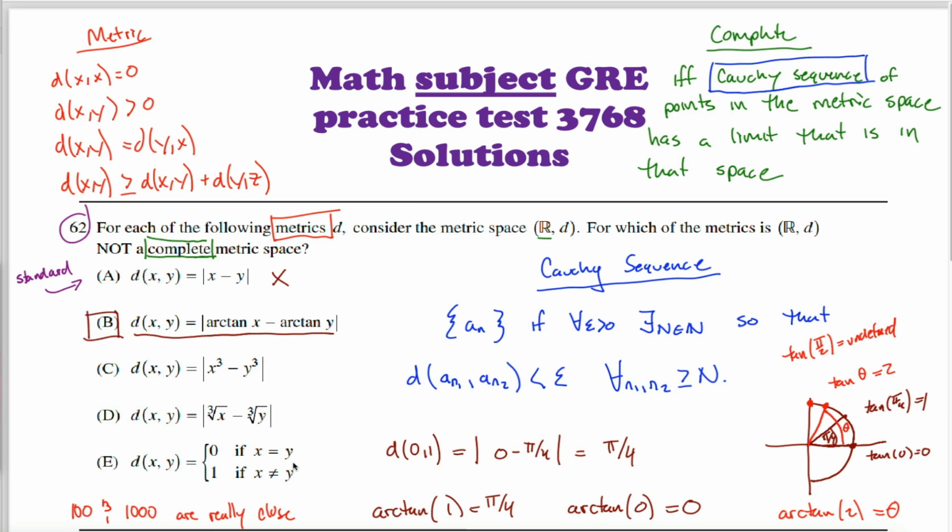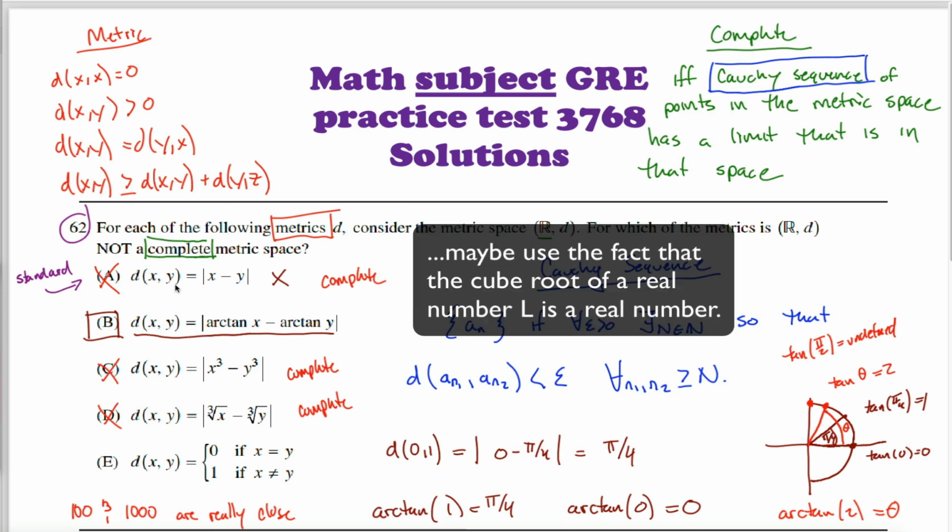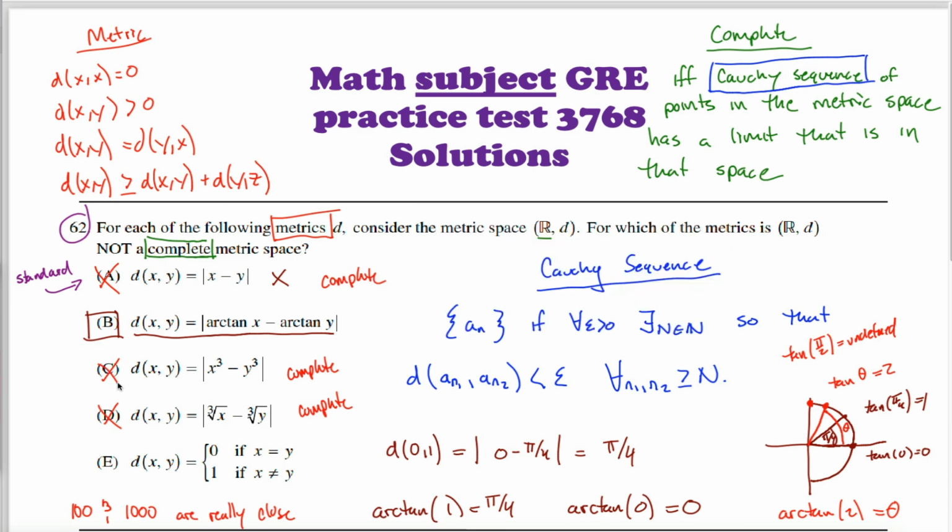I'm not going to prove that each of these are complete because I don't find the proof super enlightening, but in case you're curious how I think of these, I take it as a given that the reals under the standard notion of distance is a complete metric space. If you take that as like an axiom, then you can quickly prove that the reals under either of these notions of distance are also complete. The way I think about these is kind of by contradiction. Assume this is incomplete. Then I have a Cauchy sequence of numbers under this notion of distance whose limit is not in this space. See if you can show that that would imply that the reals under this notion of distance would also be incomplete. We know this is complete, therefore we know we were wrong to assume that this was incomplete.